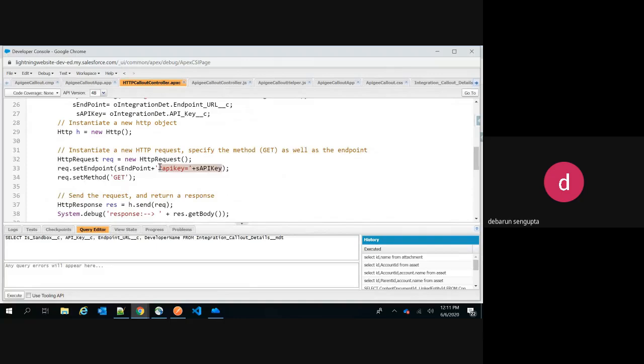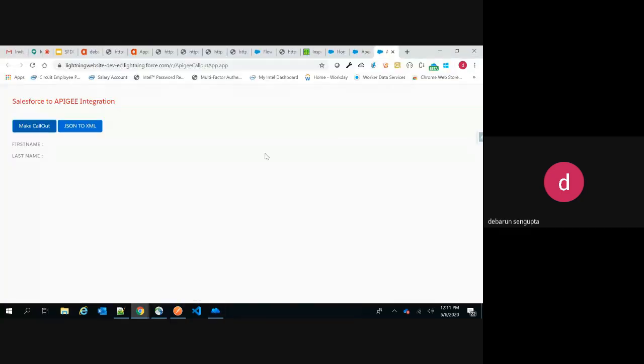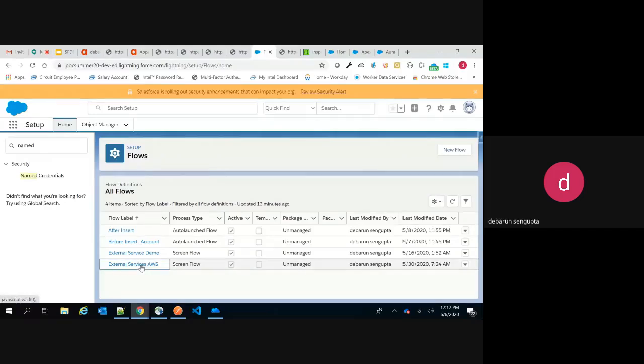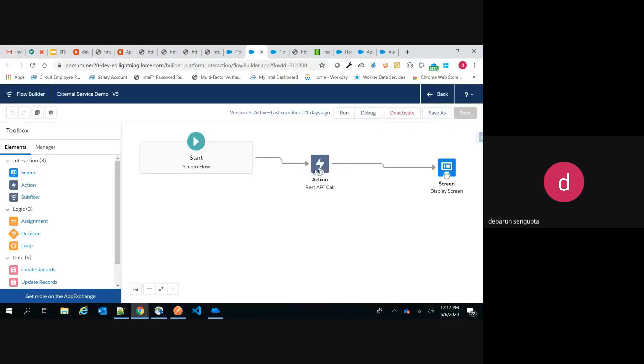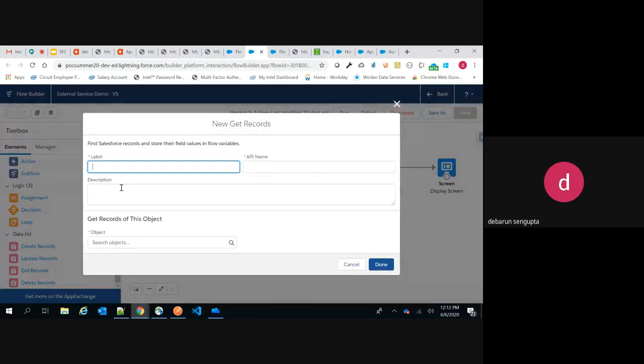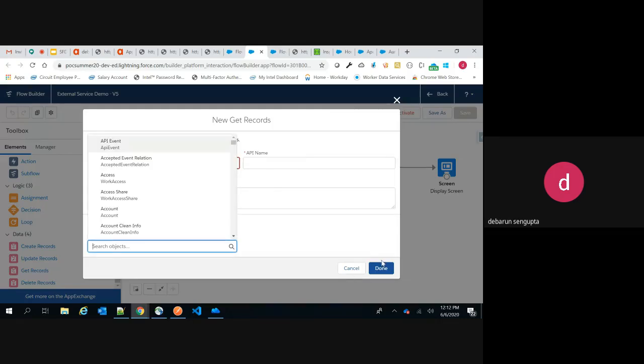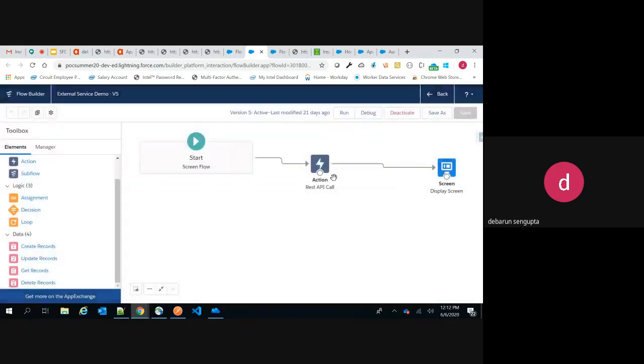Also here we are passing an API key. If you want to pass an API key in our flow, the flow which I showed you was very simple, but passing an API key is again very simple. Before this action node, you can simply drag and drop another get record element and store it. You can create a custom setting, store the API key there, query that custom setting from here, store it in a flow variable, and pass this flow variable as an input here. It will take care of it. The same thing we are doing here, I've replicated via the external services. So this is the advantage.